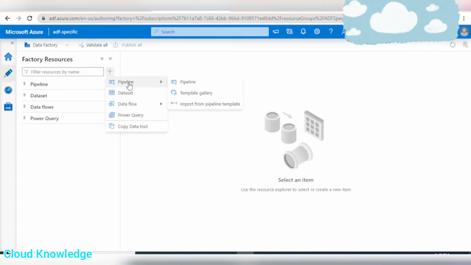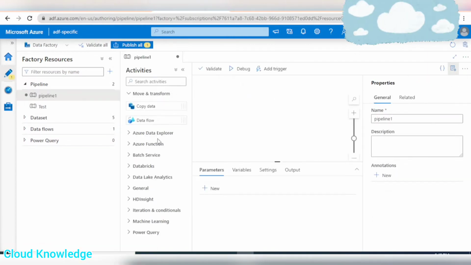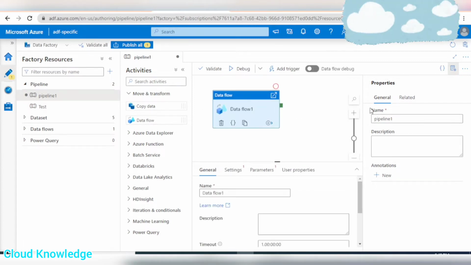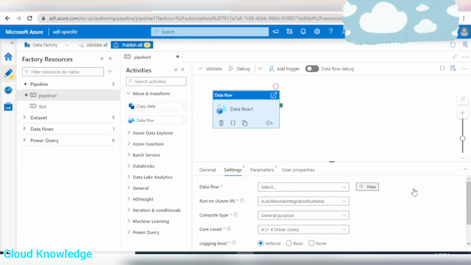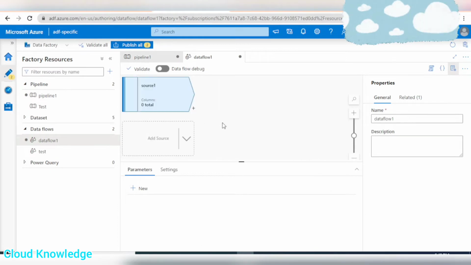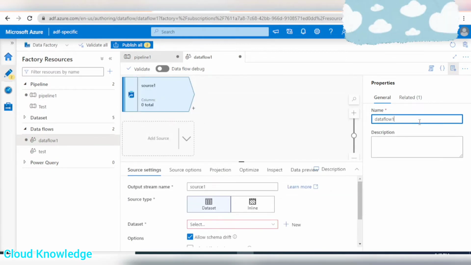So let's create a pipeline, and we have to take the data flow activity. Okay, in the data flow activity, we will mention the source. Let's name it as rank data flow,